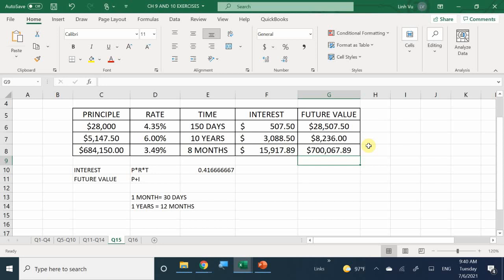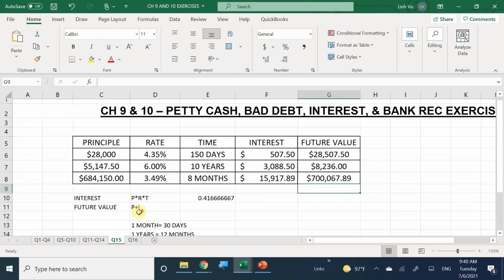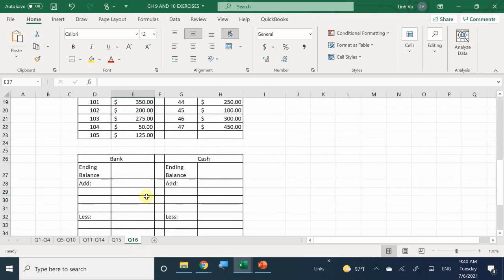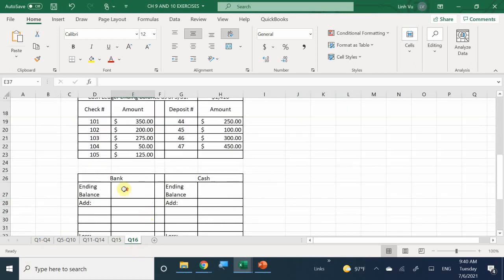I'm only gonna be testing you on simple interest, okay? Just because, once again, I can't expect everybody knows how to use Excel, okay? So simple interest is all you're gonna be needing to know for the exam. Okay. All right, let's go ahead and do the very last one before we go on break, which is our